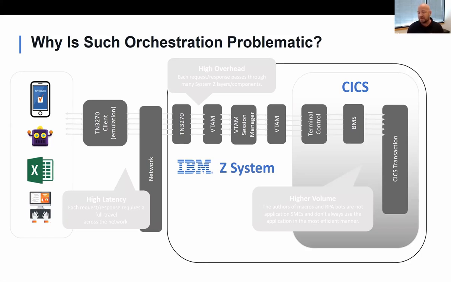We have this chart to show what it takes to go from an end user, whether it's a mobile device, an Excel spreadsheet, or a web application, all the way through to the CICS transaction. It's a lot of overhead, a lot of latency. Network traffic drives CPU. Some customers have really lost track of what that path is.